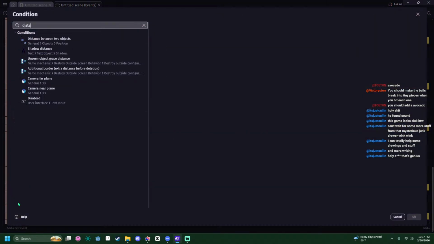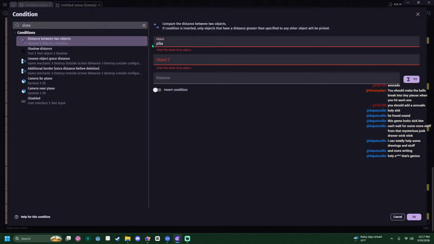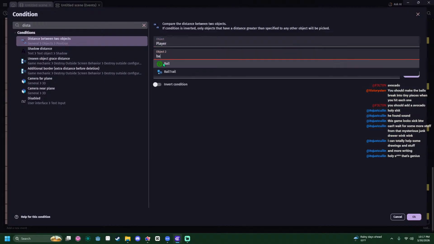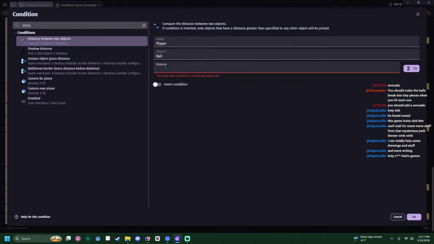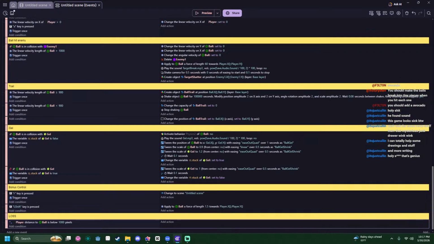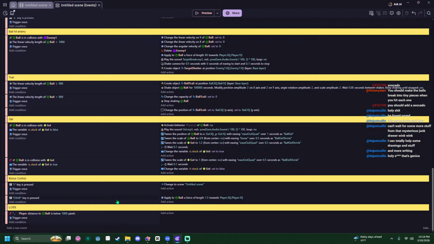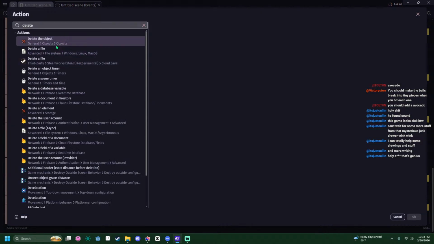Now let's do real quick. So the distance between player and ball is greater than, we'll do like, let's do 1,000. See how that is. It's greater than 1,000. It's not below. Just delete the ball.